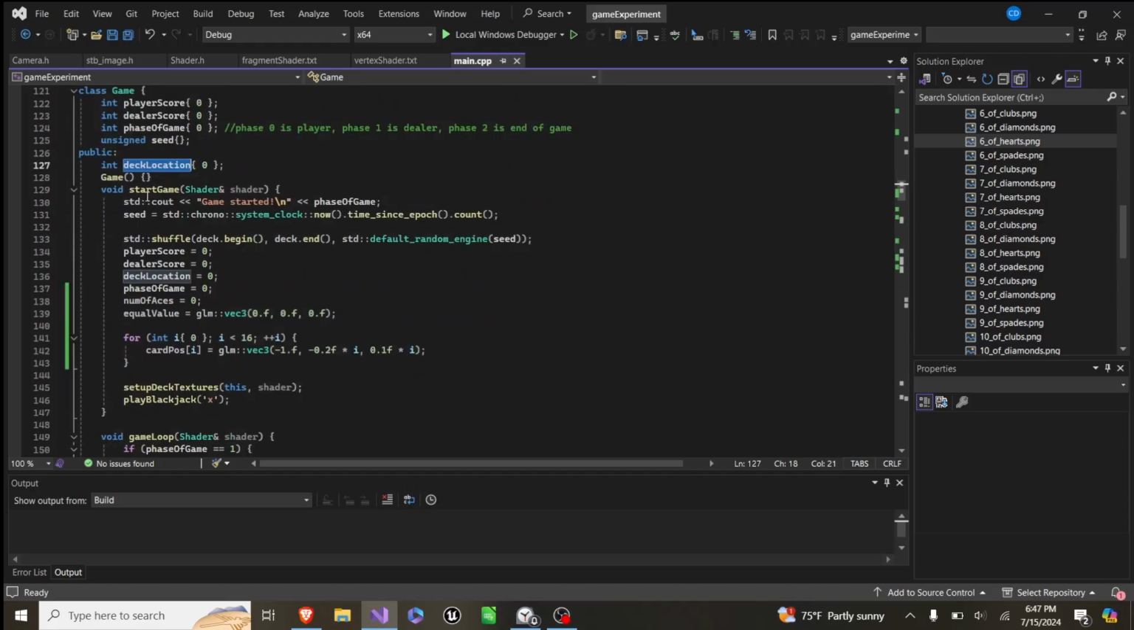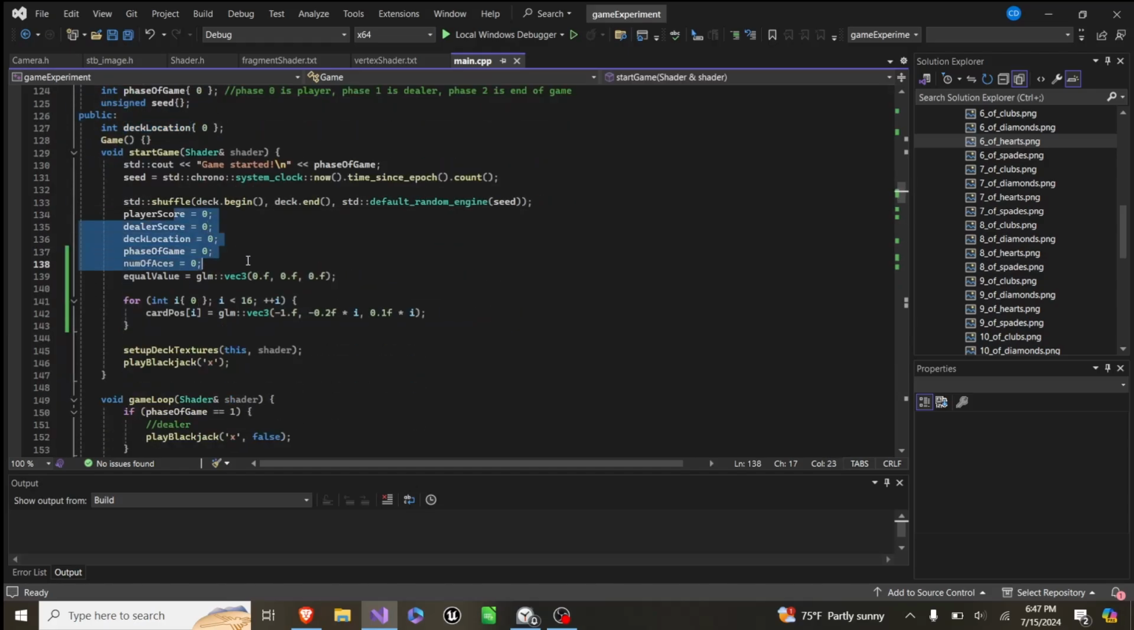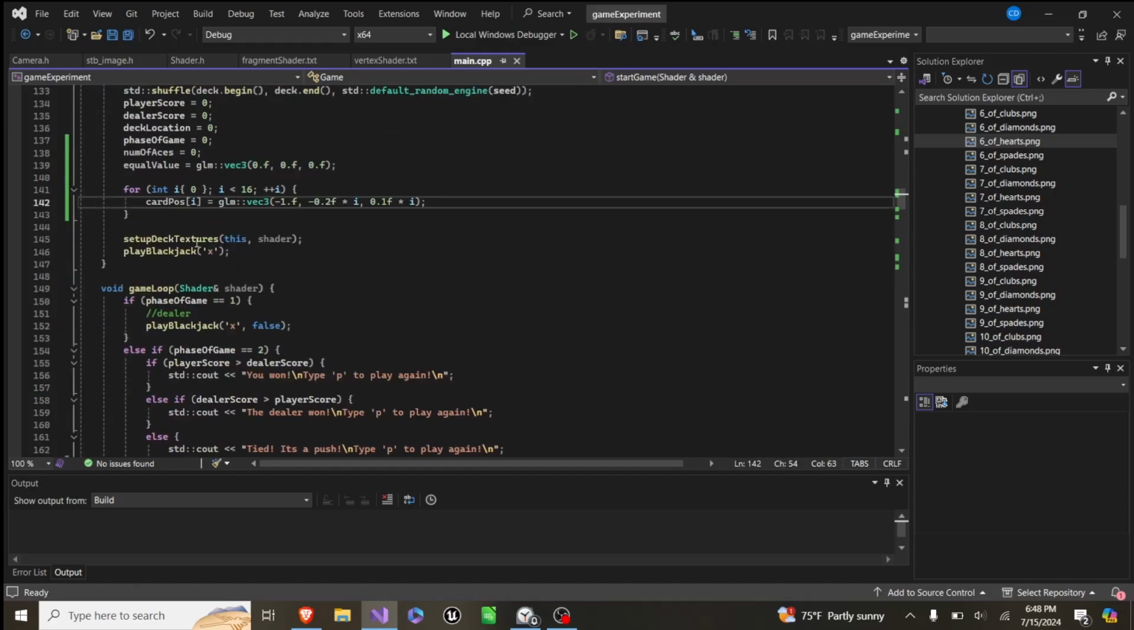So we have a function start game. We basically just set all those values to 0. We set equal value to 0. We shuffle the deck using the seed that we get based on the time. Then we run through the entire list of card positions, and for each of them we reset them to what their base value would be. And then we run the setup deck textures, which is down later,